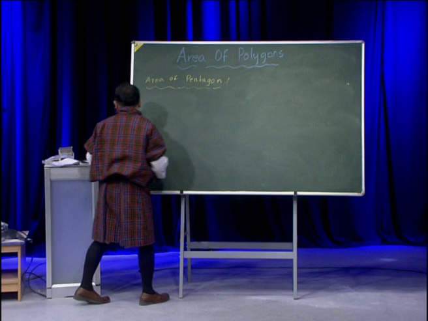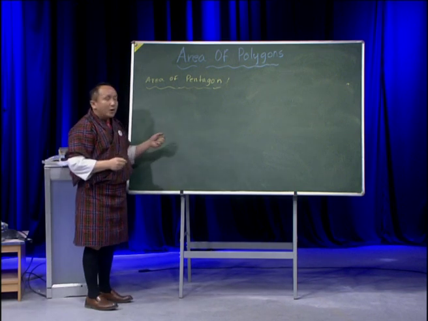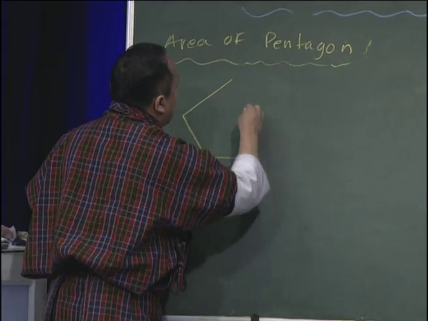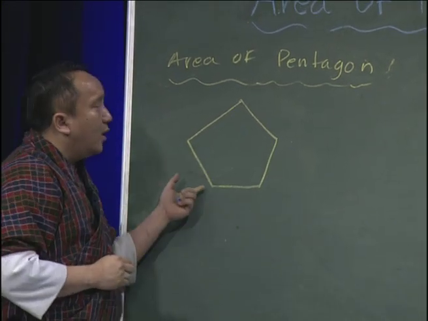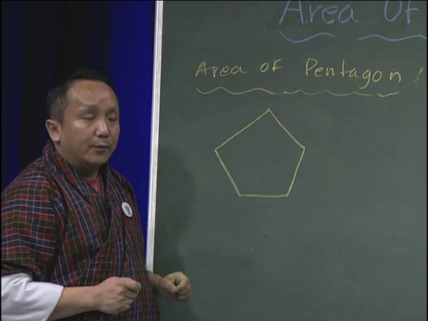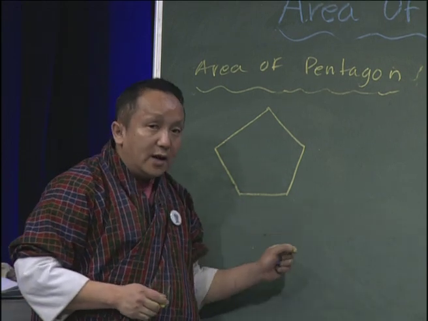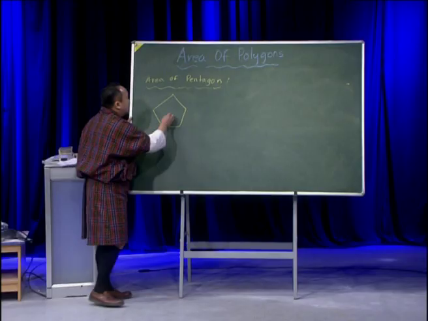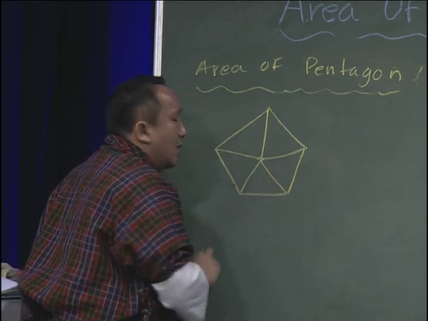Regular pentagon. Now, what is a pentagon? A pentagon is a polygon which has 5 sides. Okay, let me draw here. So a pentagon is a shape which has 5 sides, and we are talking about the regular pentagon. If it is a regular pentagon, all the sides are equal. Now in a pentagon, like a hexagon, to find the area of a pentagon, as such there is no standard formula. So to find the area of a pentagon, we know that this pentagon can be divided into 5 congruent triangles,